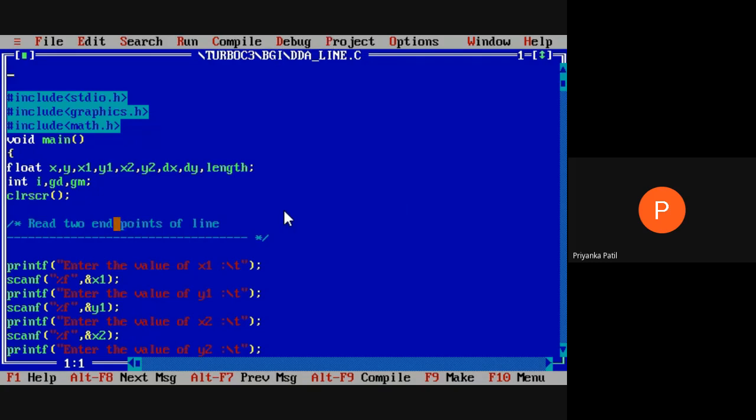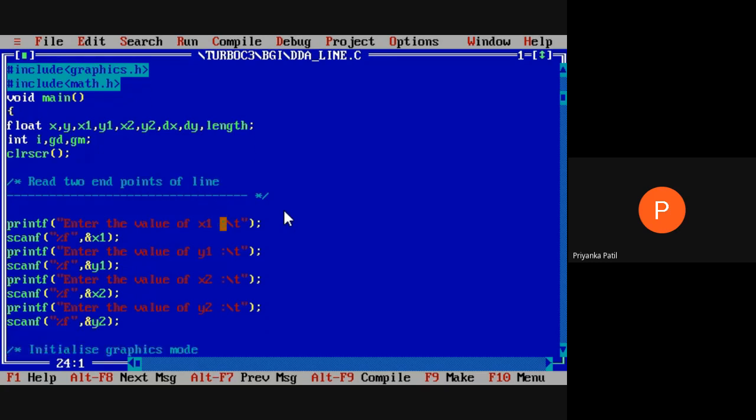Next, if you want to clear the output which was previously executed, we need the clear screen function, clrscr, to clear the previously outputted screen. After that, you need to access the x1, y1, x2, y2 values from the user. You can use a single printf and scanf statement as we discussed in the previous program, or you can use printf and scanf statements separately. So here we have to access the values of x1, y1, x2, y2 from the end user